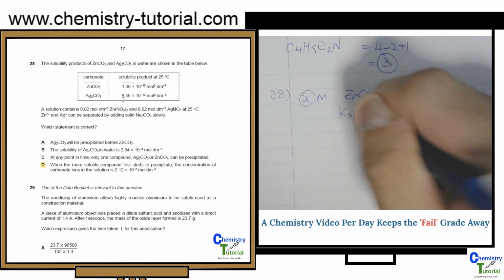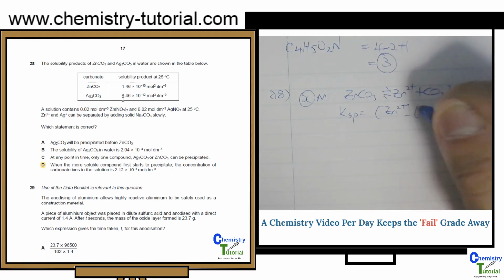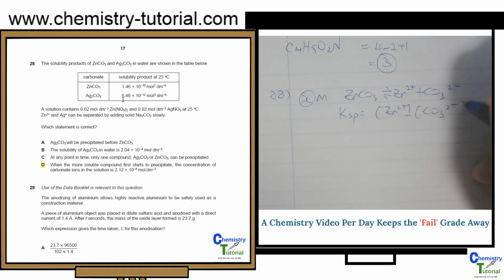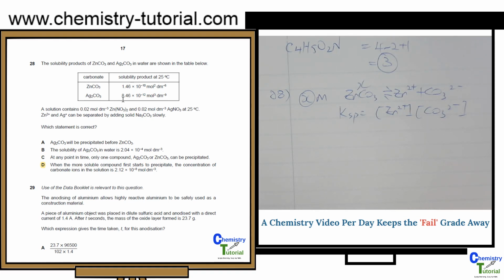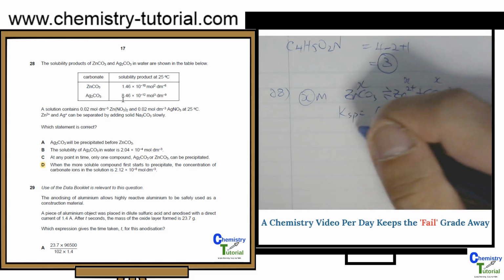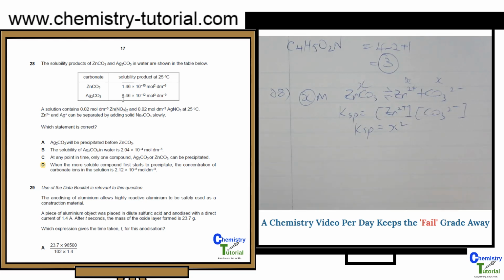So the Ksp will just be zinc 2 plus times carbonate. Let the solubility of zinc carbonate be X moles per dm cube in water. So therefore this will be X. Hence, Ksp is equal to X squared,